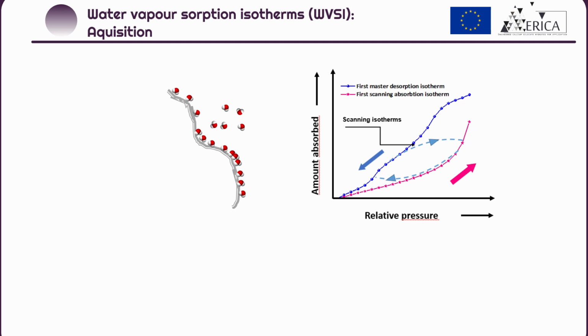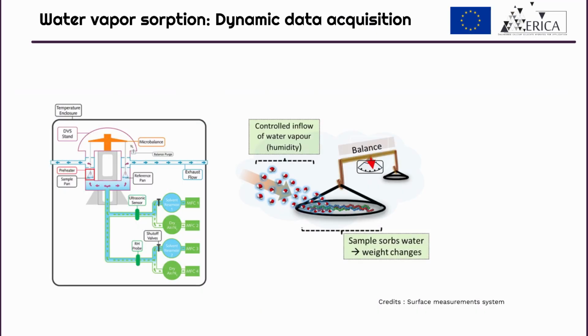The desorption or main desorption isotherm is acquired when a cement paste which is saturated, that is at 100% relative humidity, is dried all the way to 0% relative humidity. In the same fashion, the first main absorption isotherm is acquired when the cement paste is saturated back to 100% relative humidity. Now in this project, we have used dynamic vapor sorption equipment from Surface Measurement Systems to acquire the water